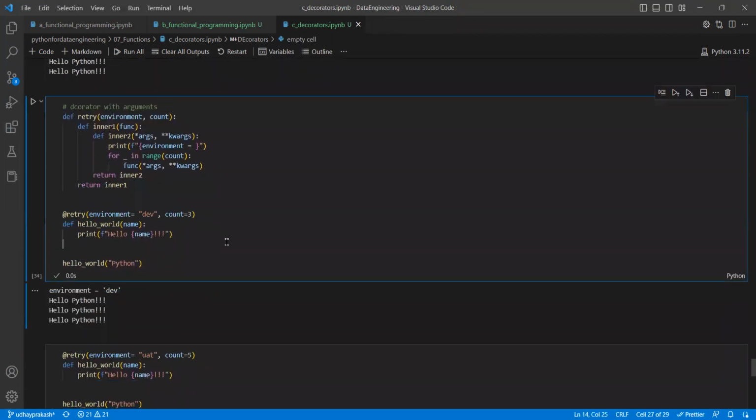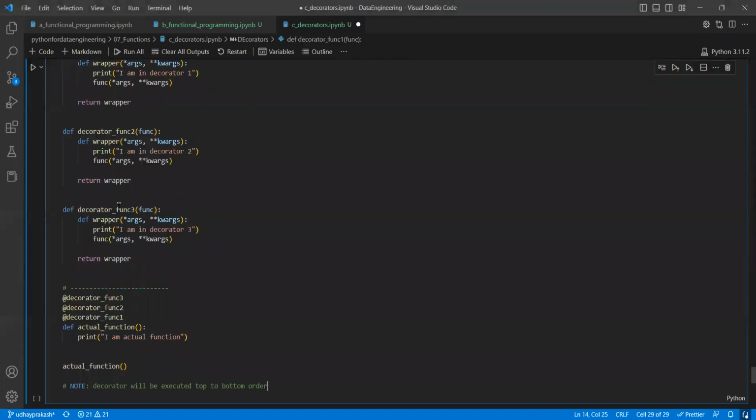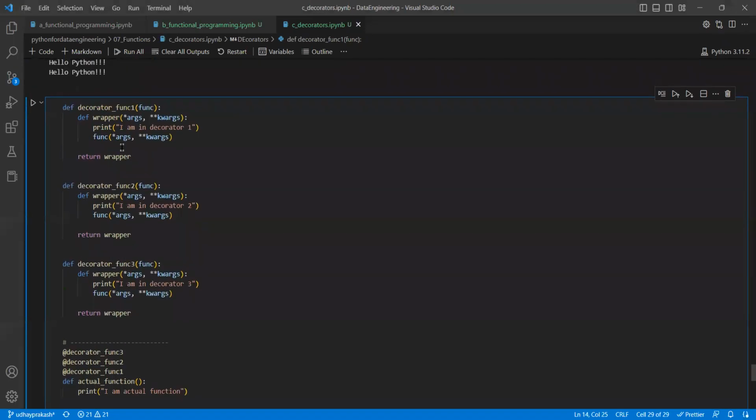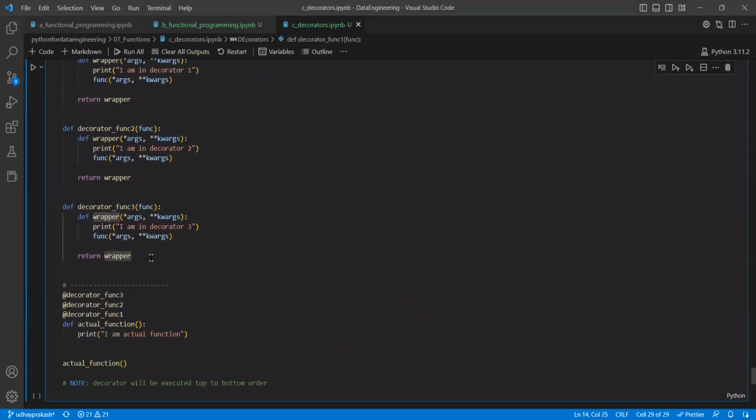Is it clear how we are defining it? If your decorator is also taking any arguments, you can do it. Similarly, if there are multiple decorators, you can create and execute them, and decorators will execute from the bottom-up approach. This is an example for that: decorator 1 function, decorator 2, decorator 3. If you are executing,